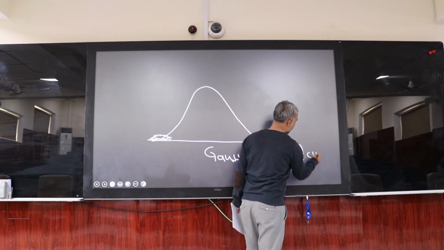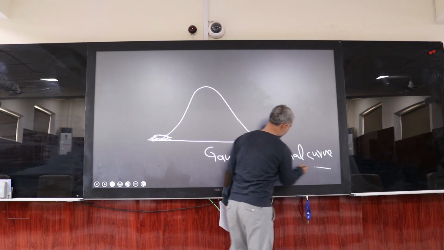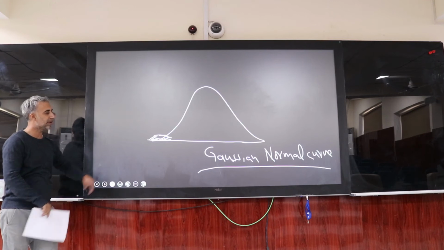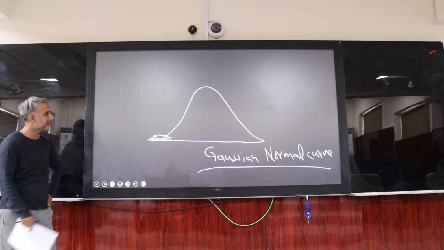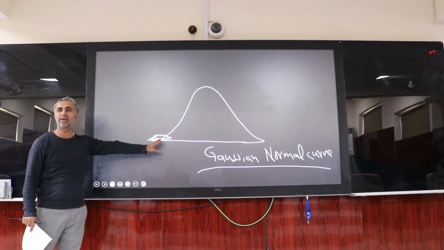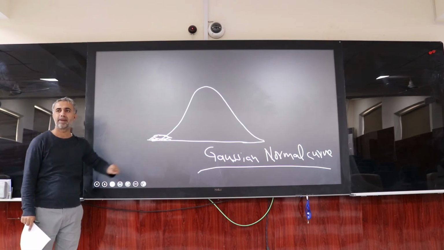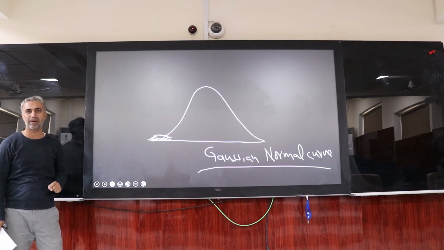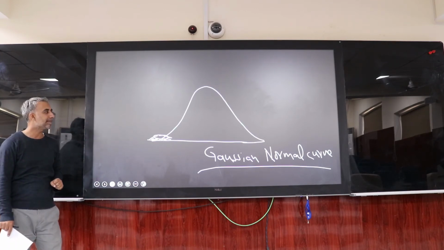This curve, the Gaussian normal curve. The Gaussian natural curve is known by varieties of names, but somewhere it is also known as the bell curve. It is very much popular in all the deep learning applications. Why? See,